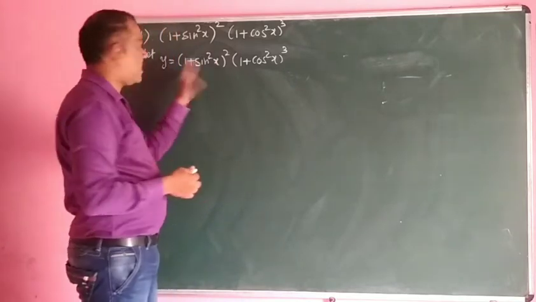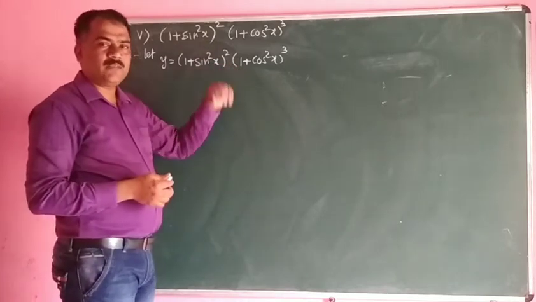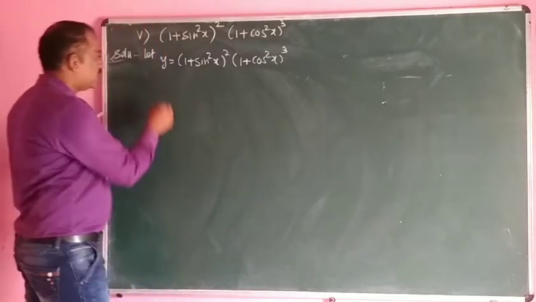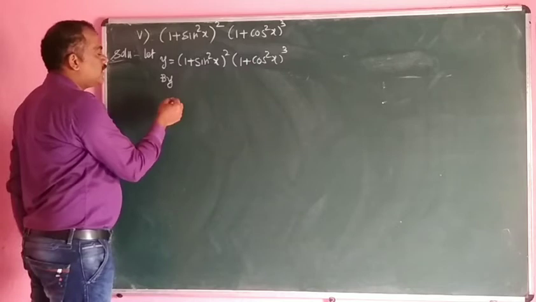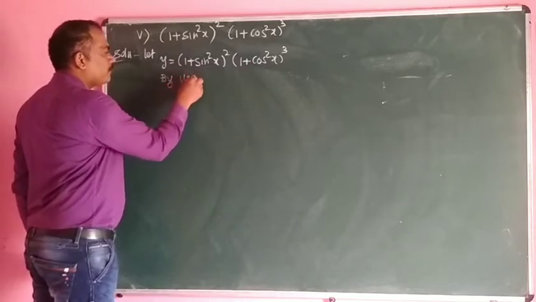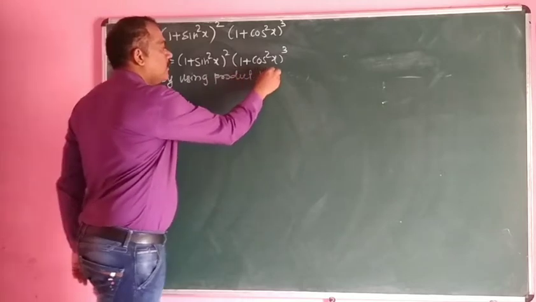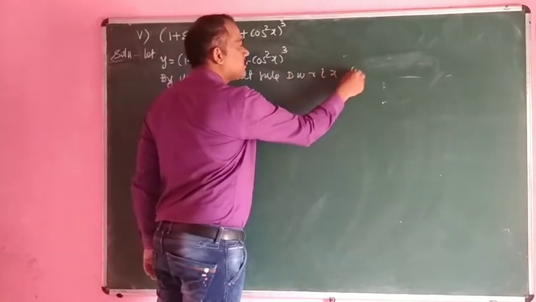We have to assume that y is equal to this. Here we see that there is a product, so again by using the product rule, we have to differentiate with respect to x. By using the product rule, we differentiate with respect to x, we get,